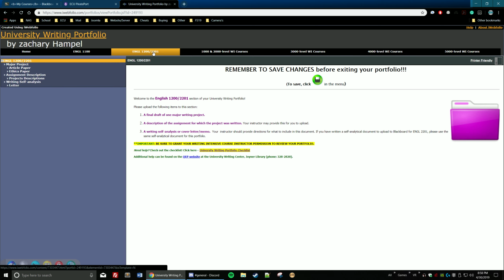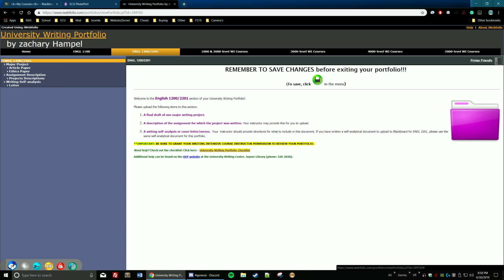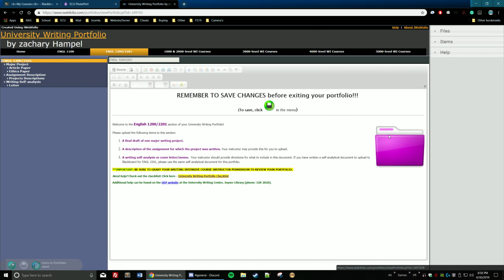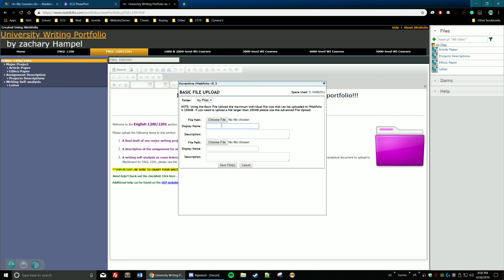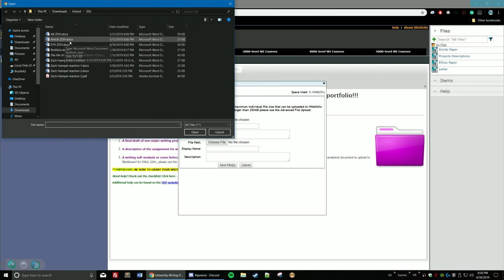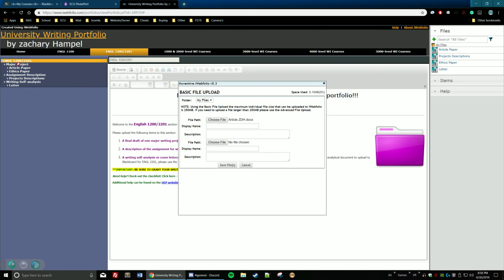You go over to English 2201, go down here to the bottom, little edit mode button, click this, go to files. You'll have no files, so you'll click this little green plus button here, click add files. Find your files, so your letter, ethical issue, whatever you're uploading for your major project revision, name it, upload it,